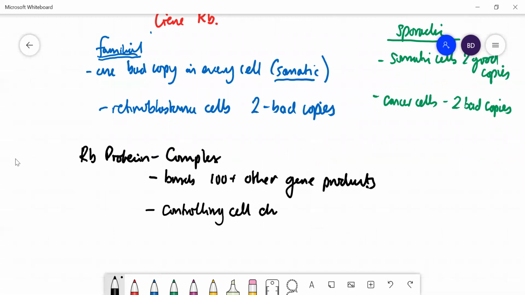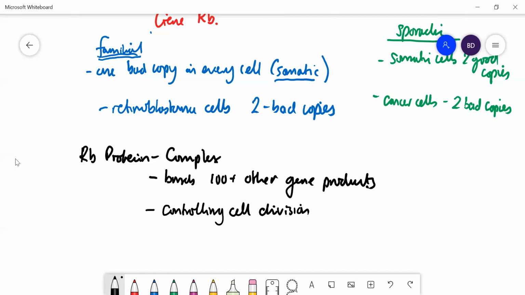So it's called a tumor suppressor gene because if you have one copy of the gene producing a functioning protein, that is enough to keep the control of cell division, keep the constraints so that you don't get this out of control cell division. But once you have no copies of it in a cell due to the mutation events, then those cells will develop into cancer cells.